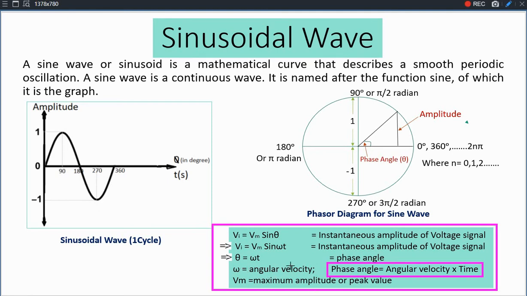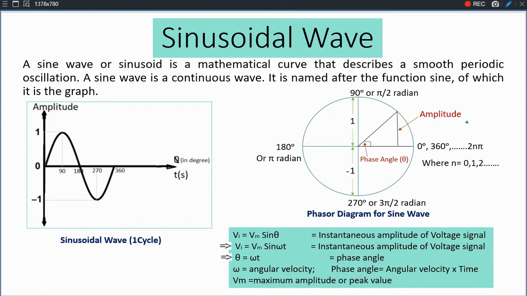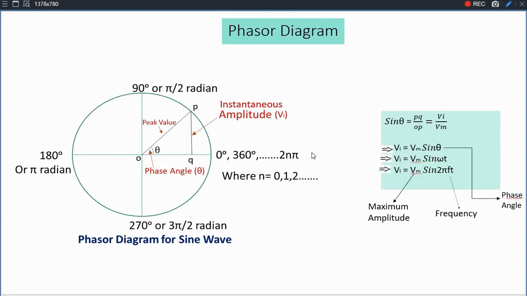And what is omega? Omega is actually 2 pi f. Here I am showing you that omega is equal to 2 pi f. Here I am not able to insert the pi symbol, but I am writing 2 pi f. So you have to understand that this 2 pi f means the angular velocity omega is related with the frequency. Okay, so this is the mathematical representation, and to watch how it comes, I am showing you the next formula derivation.